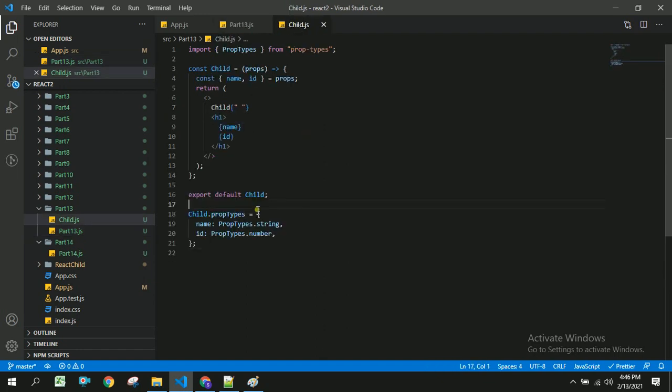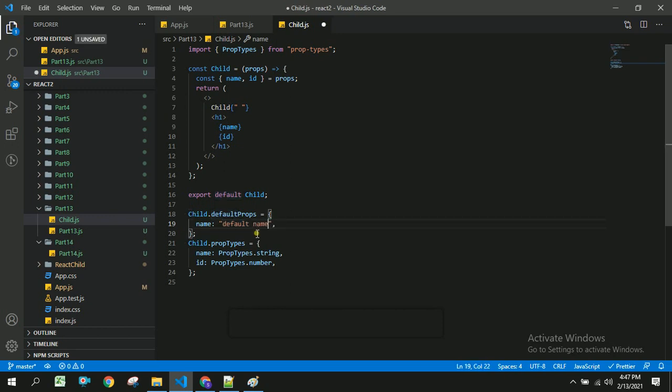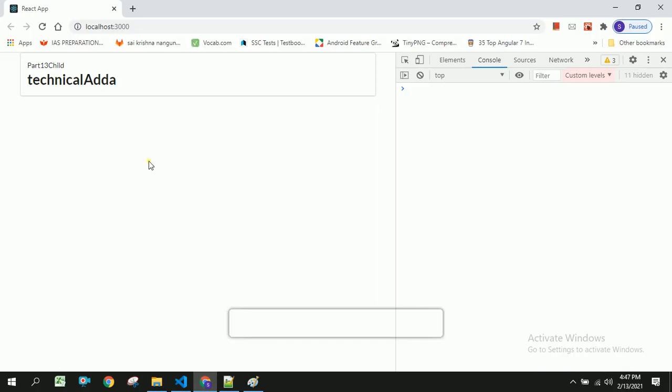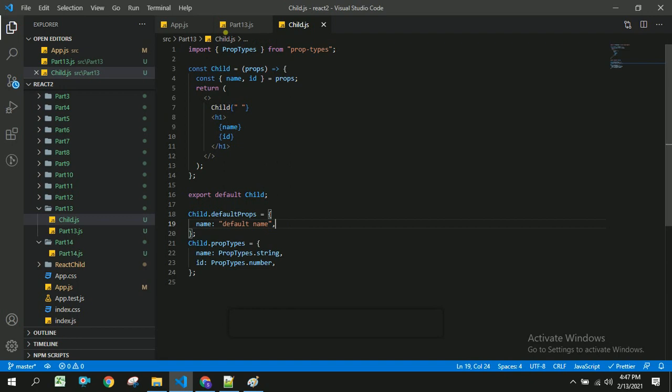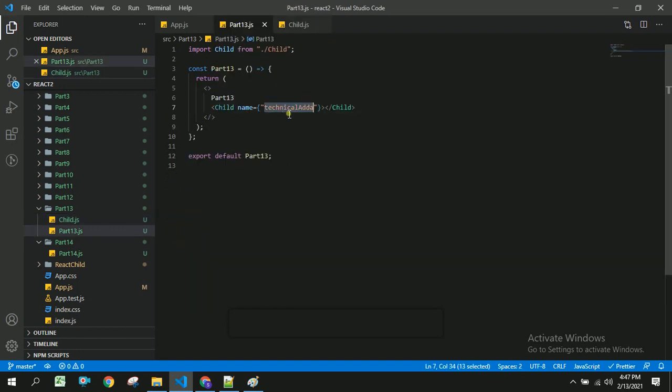In that case, I am going to place some default values. In this way we can specify default values to the props, name as default or default name. Let us save this. And we will not send anything as the name.